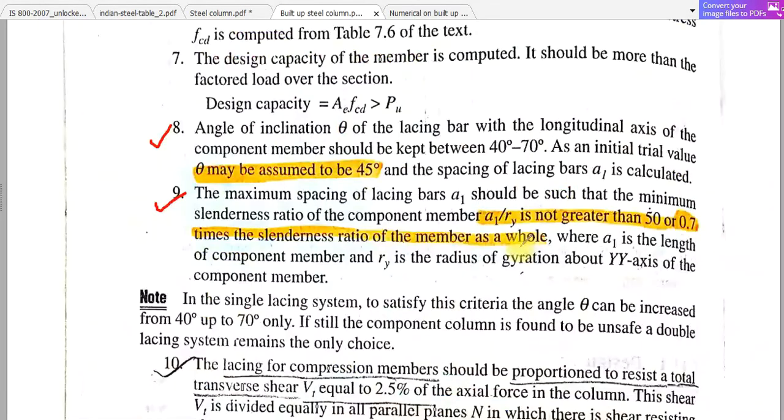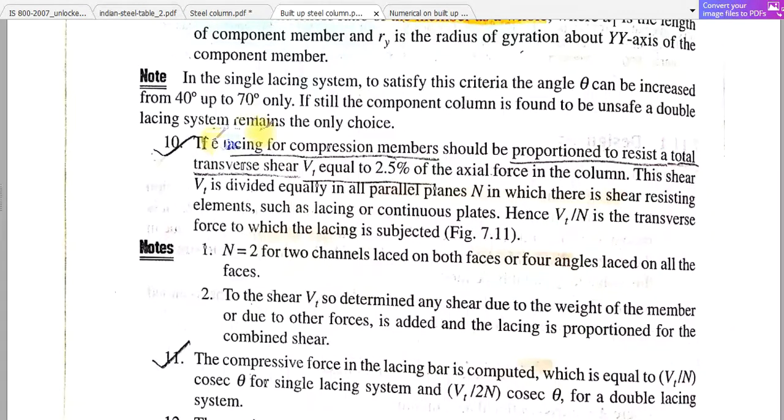Okay, in this point number 9 it is mentioned that A1 by ry should not be greater than 50 or 0.7 times the slenderness ratio of the member as a whole. So you have to check that it satisfies these conditions. It should not be more than 50 or 0.7 times the slenderness ratio of the member as a whole. Okay, now you should know how you can find this A1. This ry will be the previous ry, not the changed ry. Okay, and after that, up to point number 9,